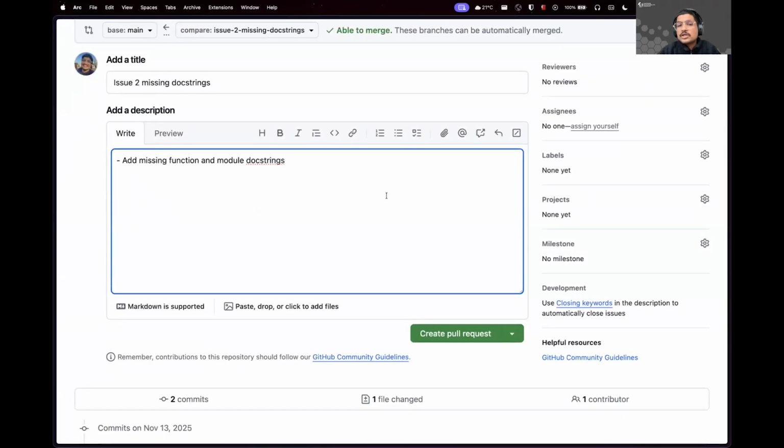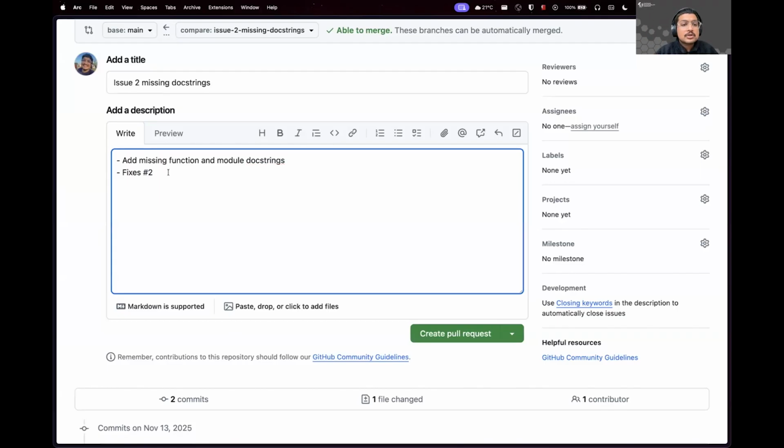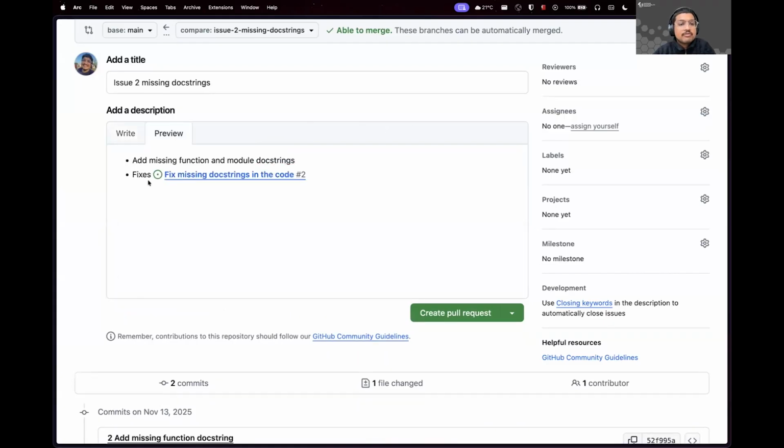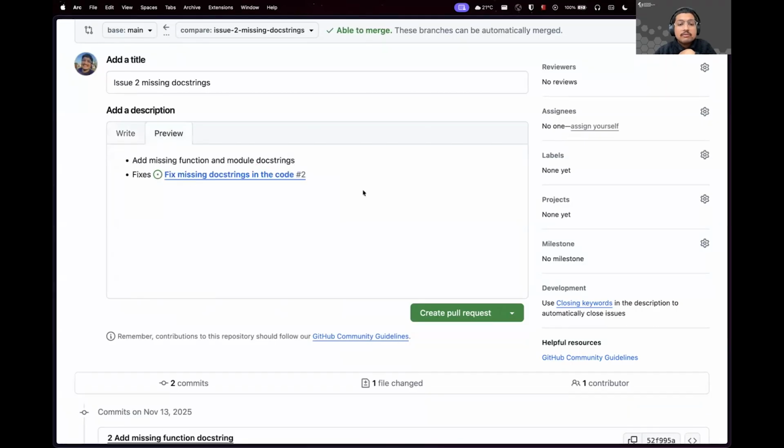So once I do this, it gives us the description. Now, GitHub is pretty good with automatic detection of the words that we mention, so the semantics. If I say "fixes" to, it would also point to the second issue, and it will close the issue once we close this pull request. So if I look at the preview, the #2 markdown, GitHub will convert into a reference to that issue. So I'll create this,